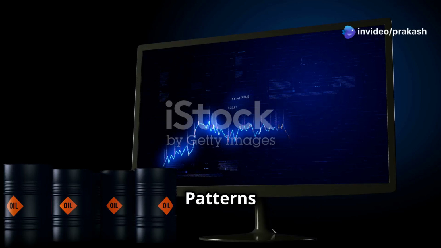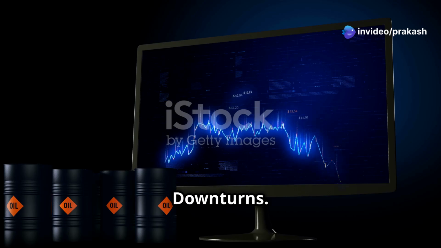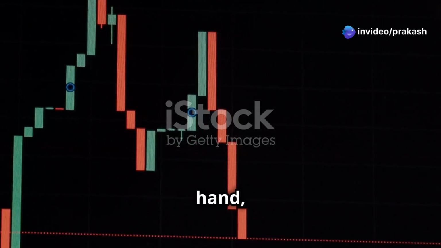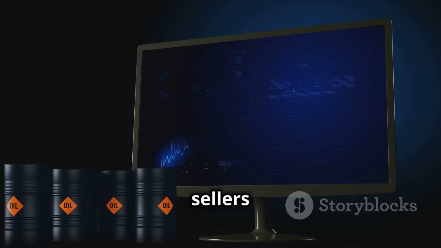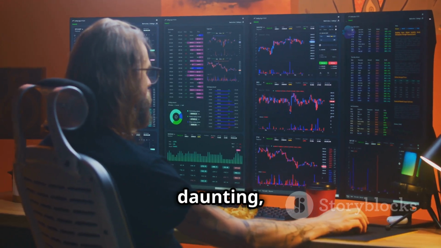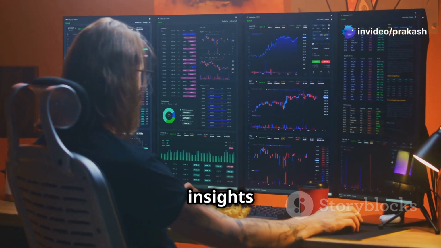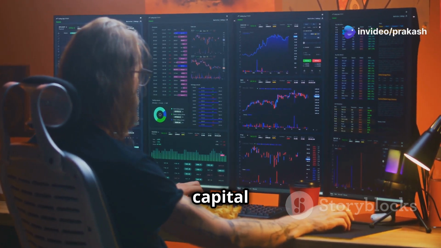Bearish patterns, navigating market downturns. Bearish chart patterns, on the other hand, signal the potential for a downward price trend, indicating that sellers are gaining the upper hand in the market. While these patterns might seem daunting, they offer valuable insights for traders seeking to protect their capital and even profit